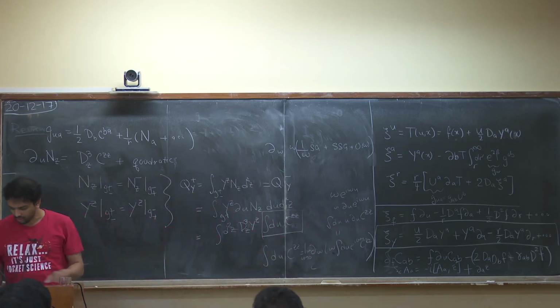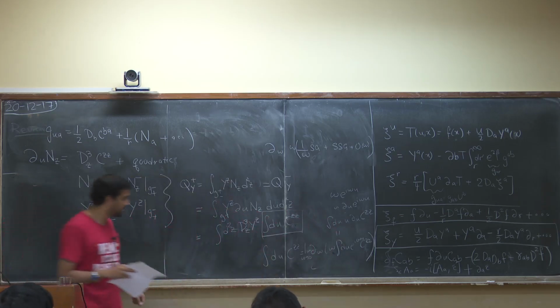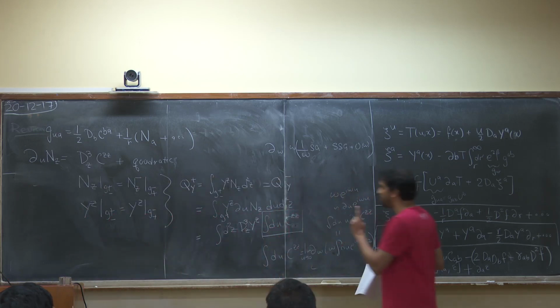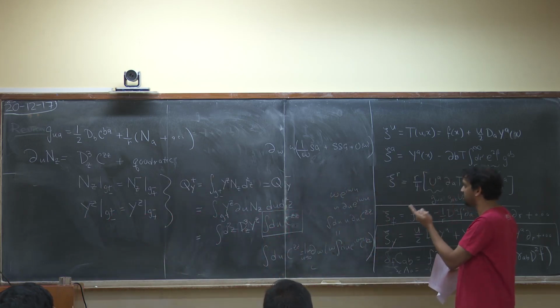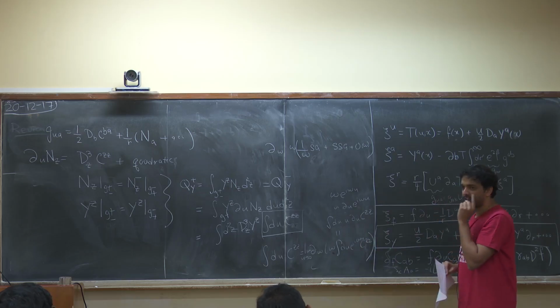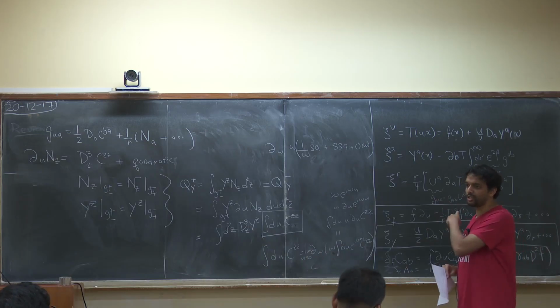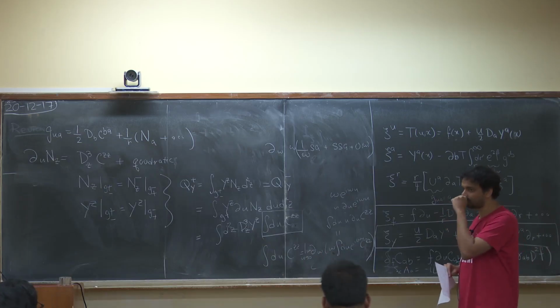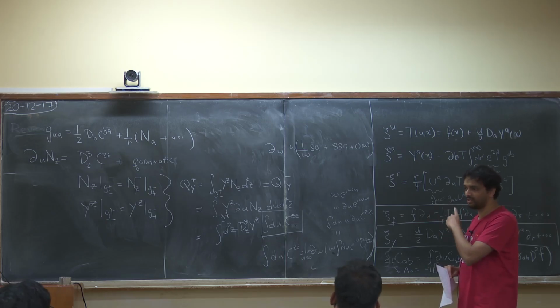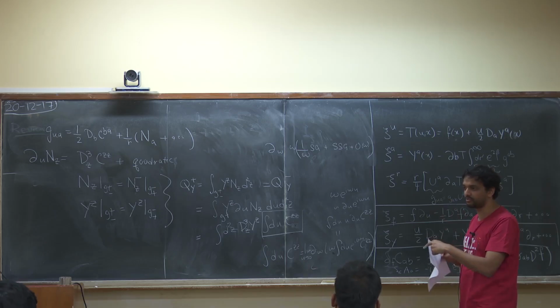So let me at least tell you what the subleading soft graviton theorem is, because you may not have seen it. The subleading soft graviton theorem is actually probably interesting because it was not known before. It was actually derived only in 2014. And it was only derived because we knew superrotations existed. A nice example of where the knowledge of asymptotic symmetries helped us find a new soft theorem that was not previously known.